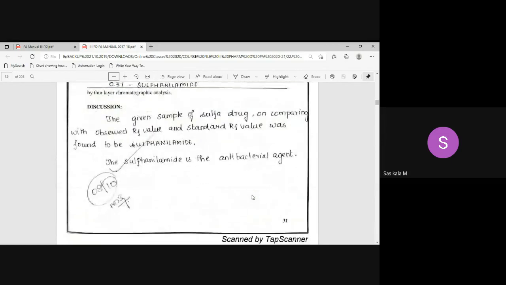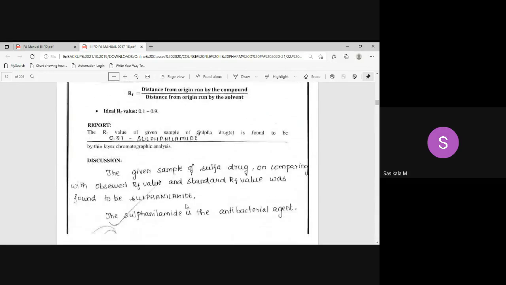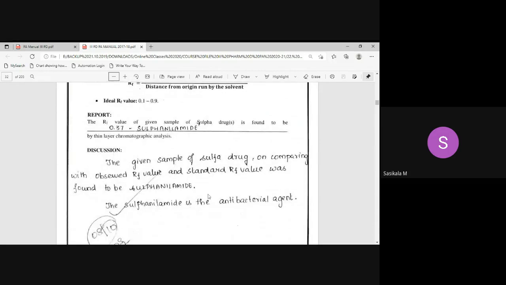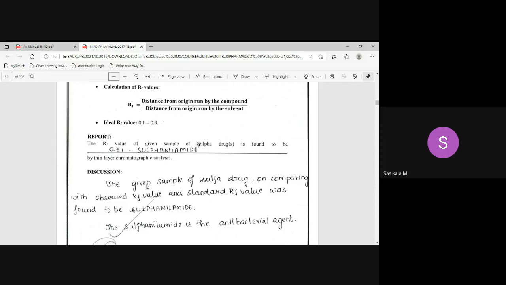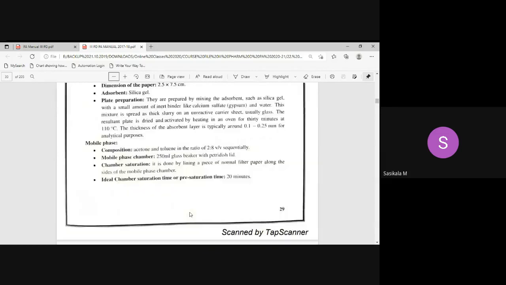In the report, you write what RF value you have detected. The discussion is actually written by them, but I don't require the same points. You need to write what sulfur drugs are, the general applications of sulfur drugs, the application of TLC, which is not included in that, and the role of RF value detection. All this can be discussed under discussion. Since they wrote it for the first time, they would not have known all the points, and you now have some idea about writing the discussion, so write the same and submit. These are all the things you need to write.